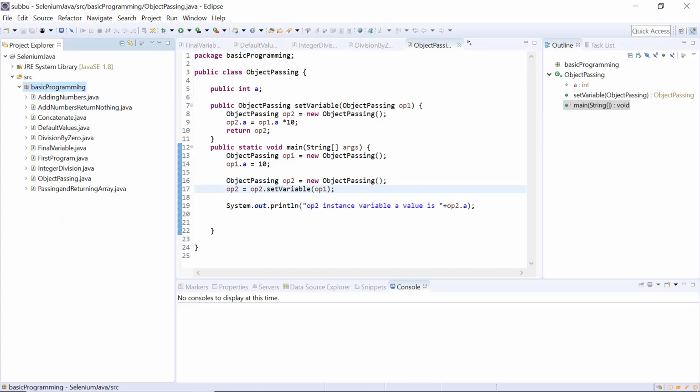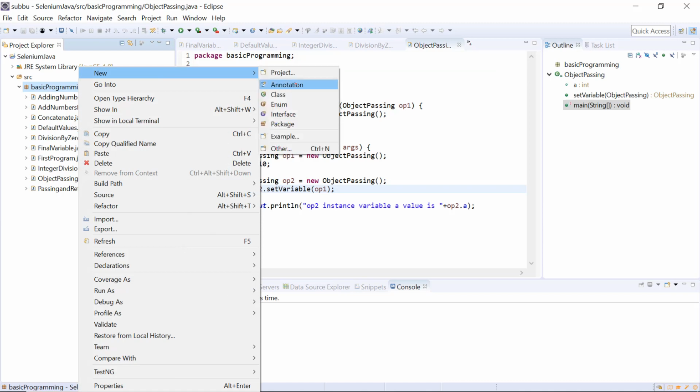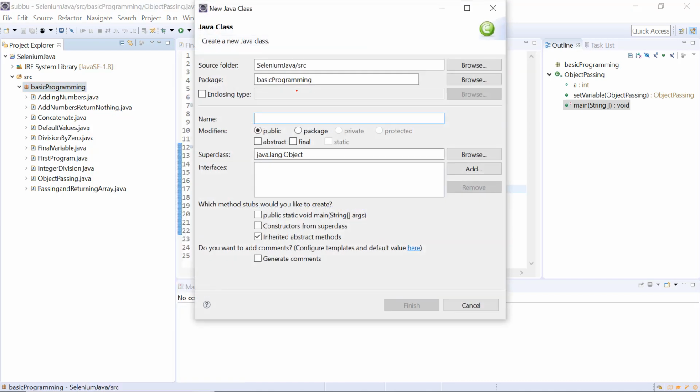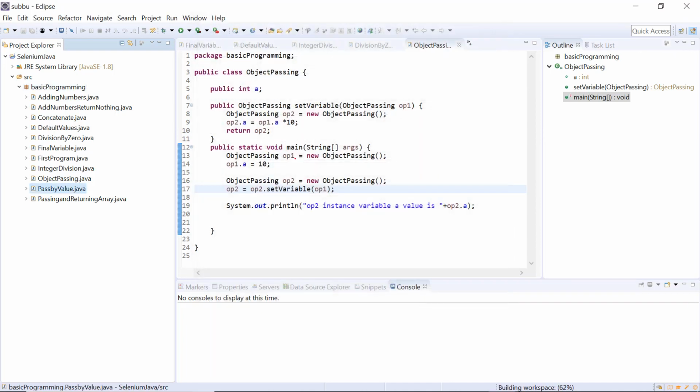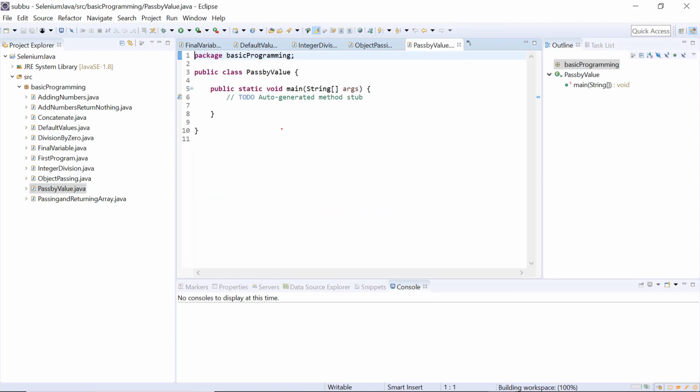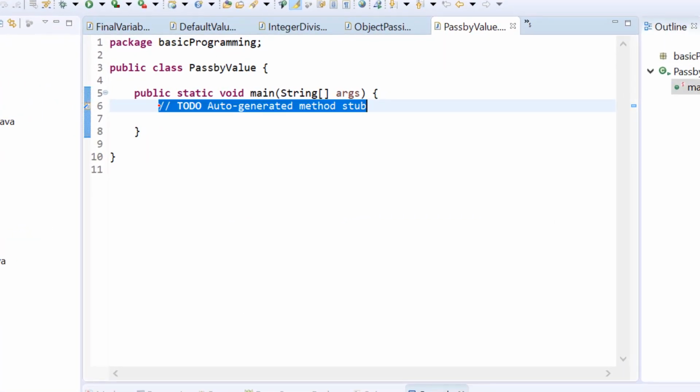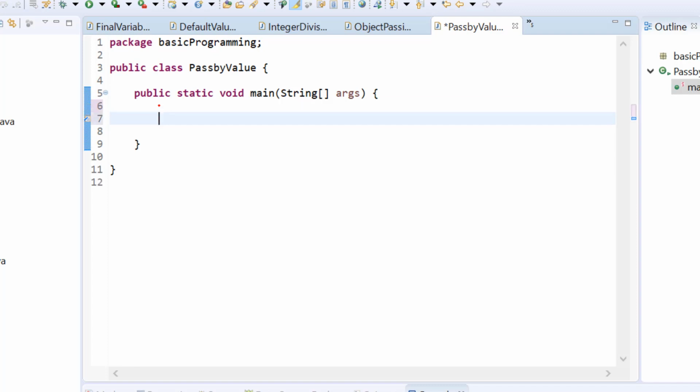Okay, I am creating a new class here. Go to new, create a class, and I am naming the class PassByValue, and I am using the main method. Click on finish. Okay, now the template is created. This is the main method. In the main method I am declaring an integer variable and I am assigning a value of 5 to it,